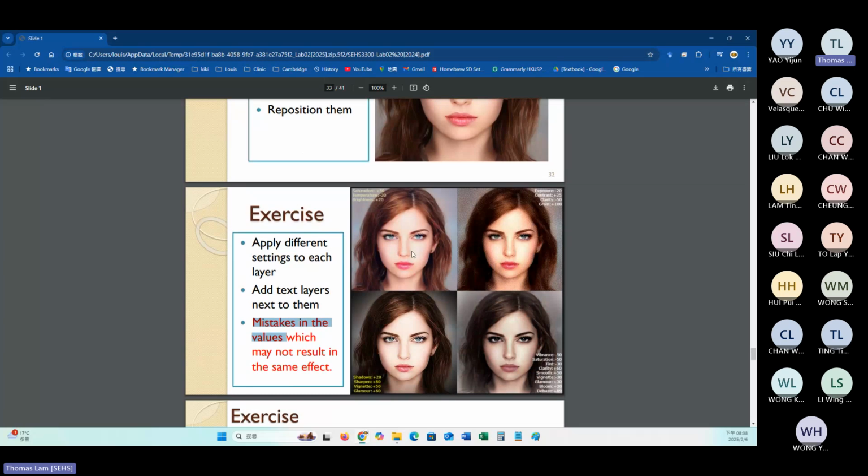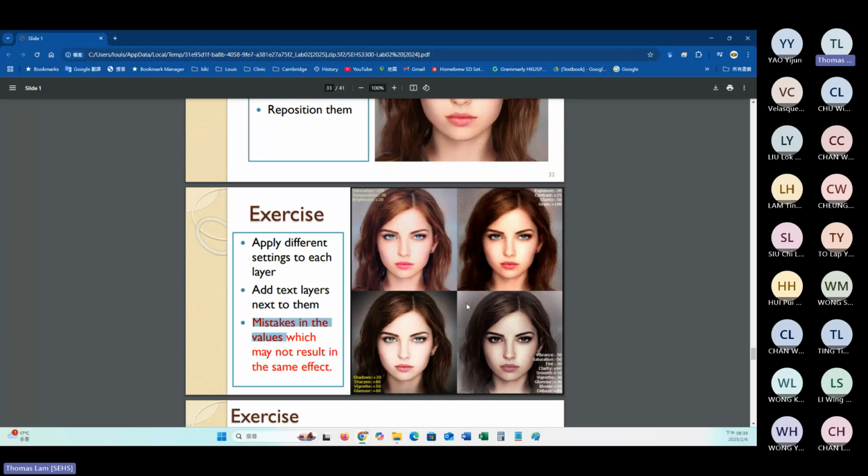Simply try your best to make your version of the 4 ladies close to this layout, and then submit it to me. I have already stated some of the values, but they may not be that accurate. If some of the values you set do not give the same effect as mine, it doesn't matter. Just go ahead with the settings that you prefer.